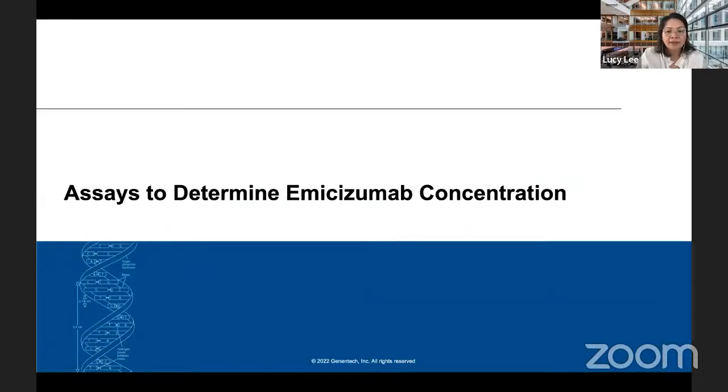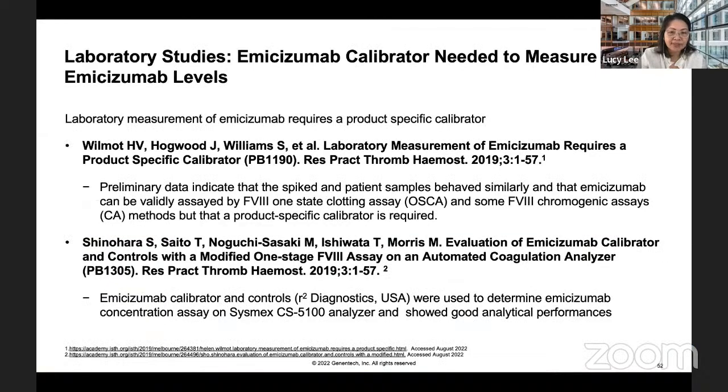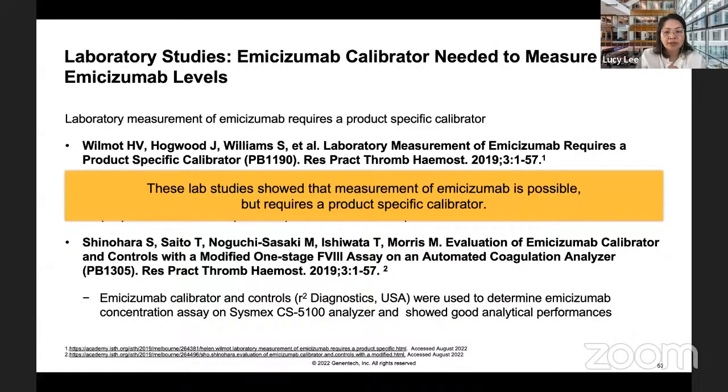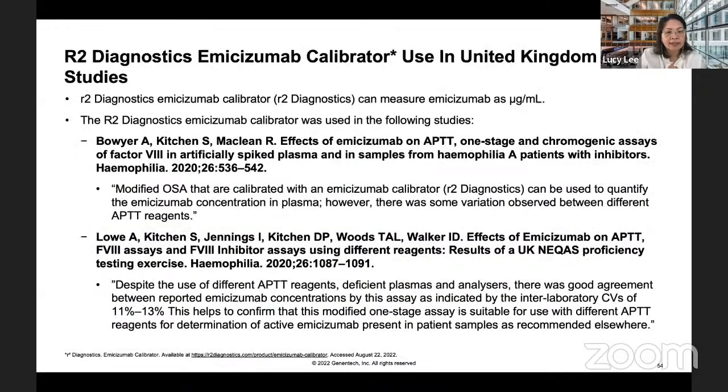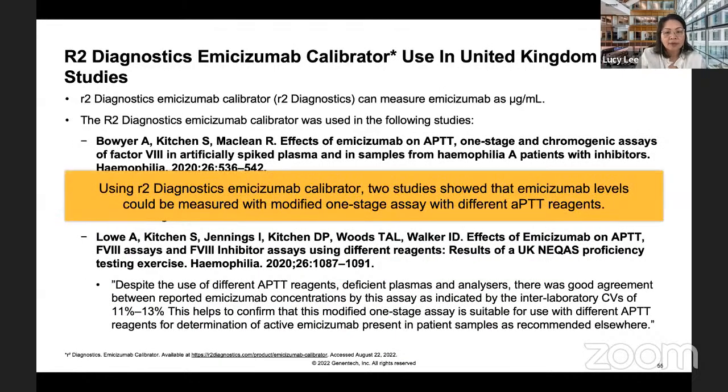So emicizumab, a drug that doesn't need to be measured, but can be measured. And a number of papers have evaluated this. Essentially, they show that these measurements are possible, but requires the use of a product-specific calculator and using a modified one-stage assay. And what a modified one-stage assay is basically a traditional factor VIII assay that's operating at a higher